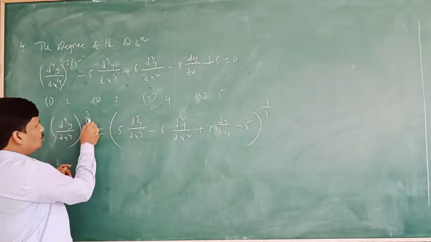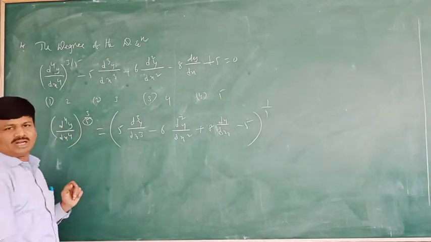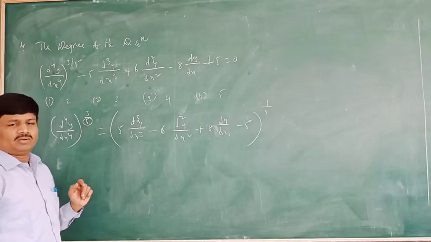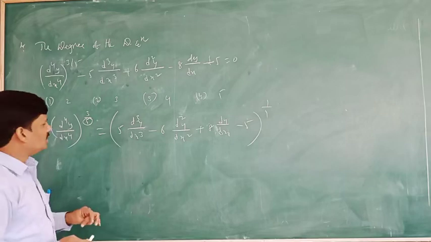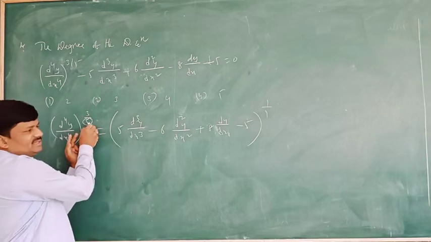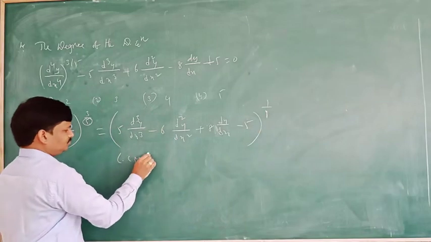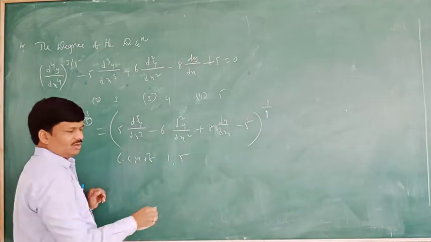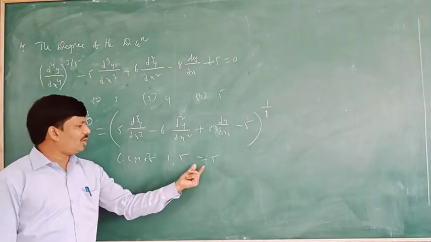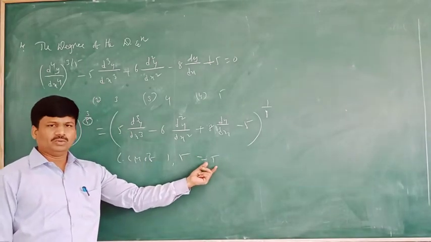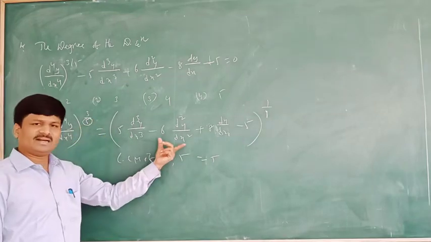Now to remove these fractions, to convert it into a positive integer, we have to remove the denominator 5. How could we remove the denominator 5? Here the denominator is 5, and here the denominator is 1. So now take the LCM of 1 comma 5. What is the LCM of 1 comma 5? 5 only. So now we have to multiply the powers by 5, on the left side and the right side also.